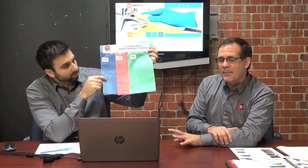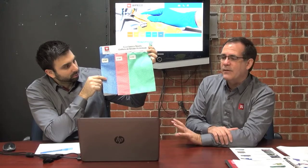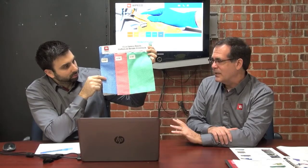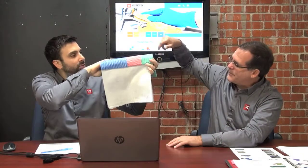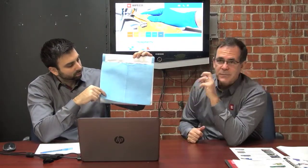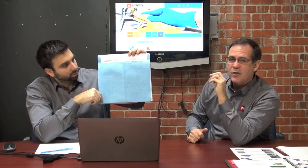It does have a chemical antibacterial component in this particular one, the EZ Cloth. And as far as a good, better, best scenario, it is the good product. Now, if you were to turn this one around, Danny, like this, you will see the better version. The better version is basically exactly the same product, except that it's a thicker material, meaning that